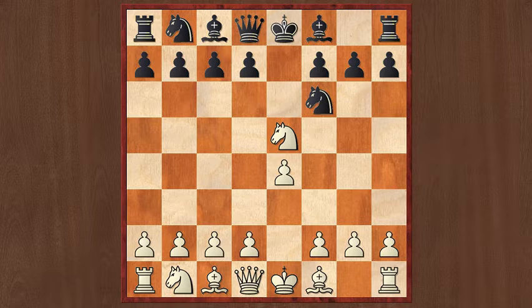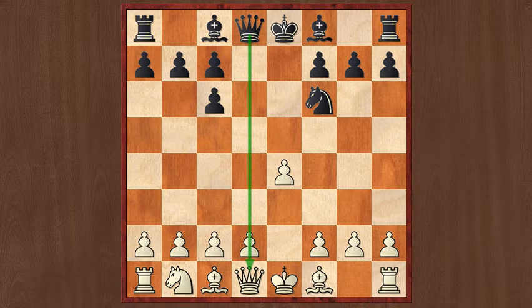a tricky but rather dubious move. He played here knight c6. Well, White decided to exchange knights on c6, but after the recapture d takes c6, some lines have already opened up for Black. Most notably, the queen has the semi-open d file at her disposal,